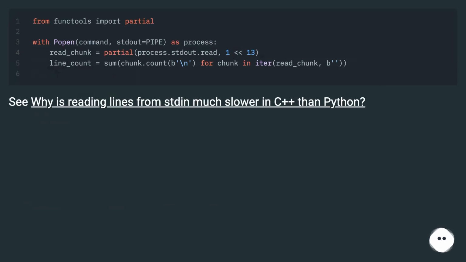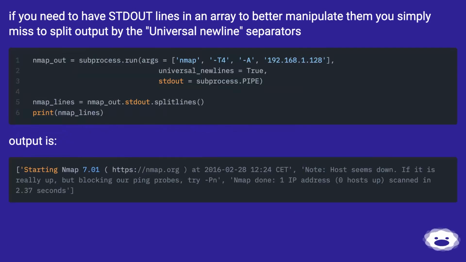See why is reading lines from stdin much slower in C++ than Python. If you need to have stdout lines in an array to better manipulate them, you simply missed a split of the output by the universal newline separators. Output is